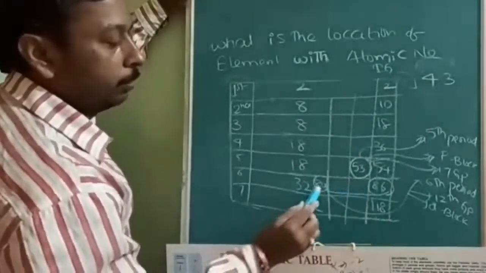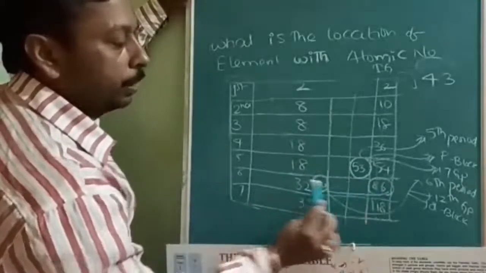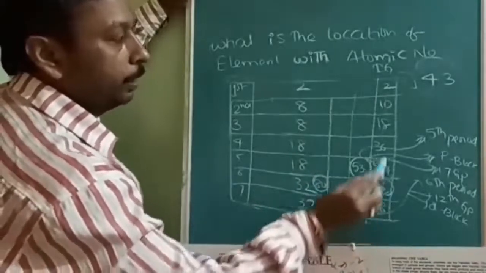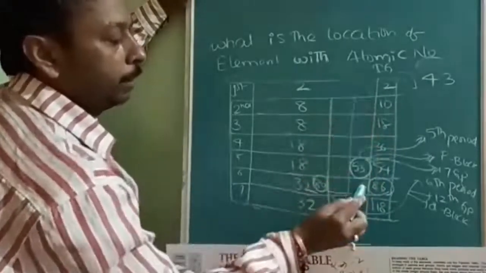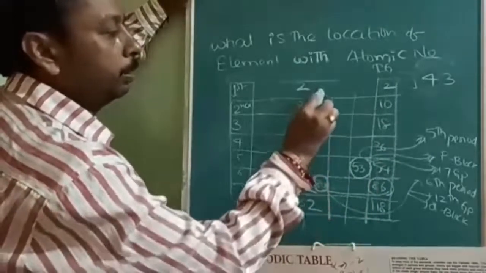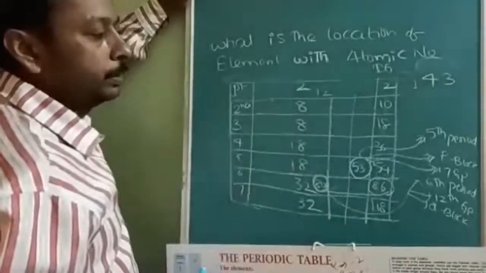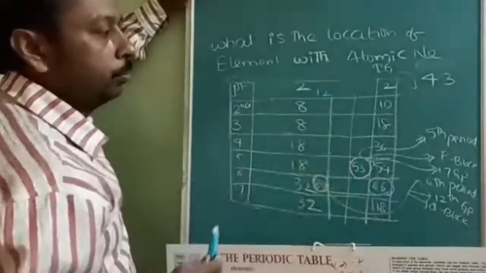Then you will get the 12th group will be 80. Counting backside counting is required. 80, if 86 is the 12th group, 85 will be the 17th group. Likewise, if you count backside, 80 will be belonging to what? 12th group. Is this understood? So this side, backside counting, if you do, you will get the group number.